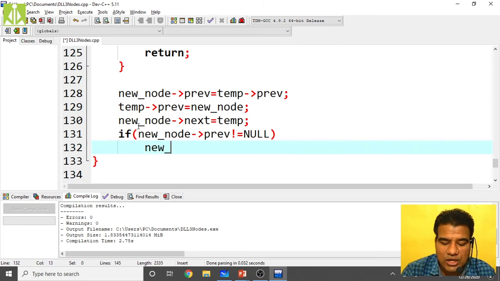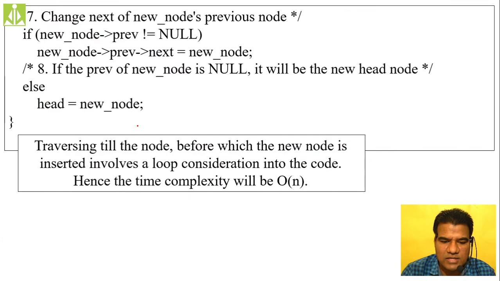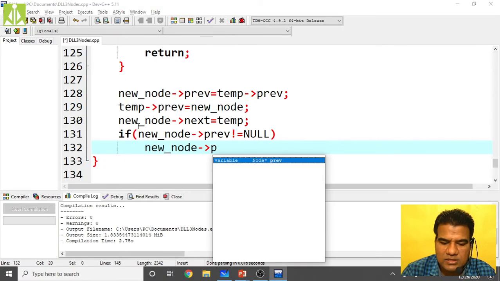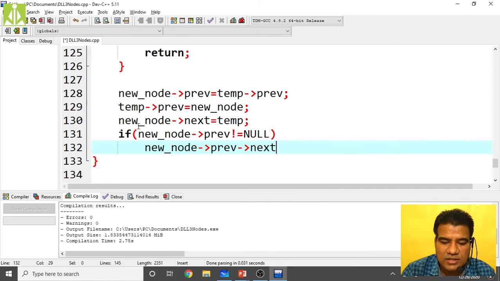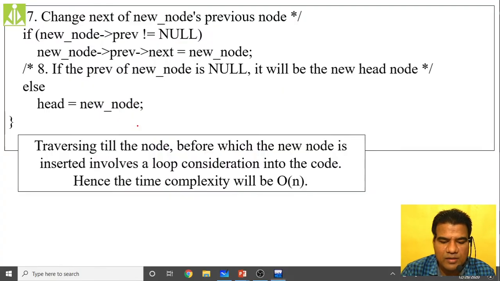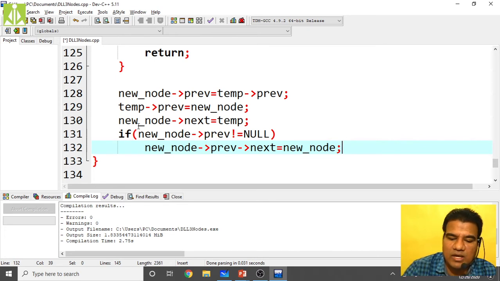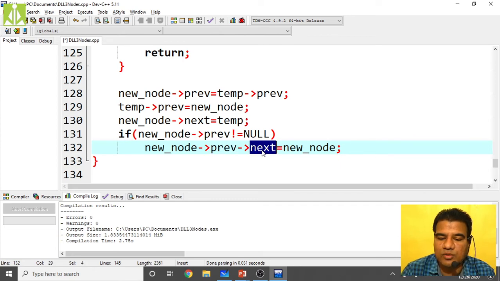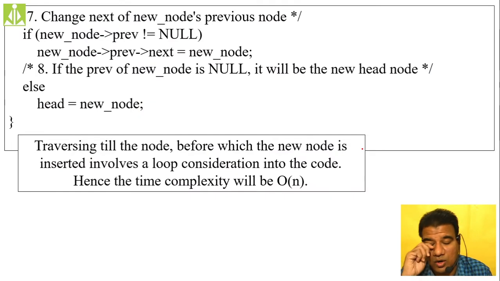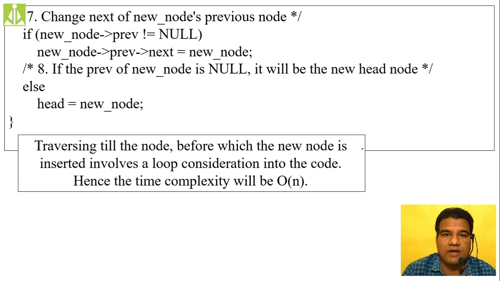So now what we are saying, new node of previous of next, sorry, previous of next equals the same new node. The same code we write in both add after and add before function. Over there we said if new node of next, and over here you have to put previous. That is the only thing that will change. I told you already, whenever you are performing the add before function, whatever operations you have done in add after function, in place of next you have to put previous. Everything will go same as it is.